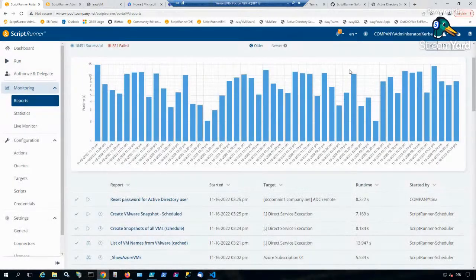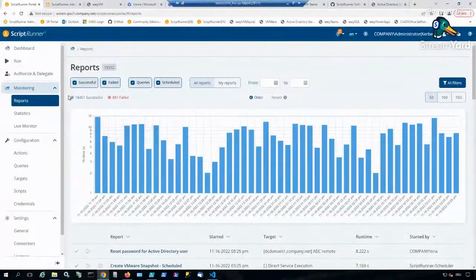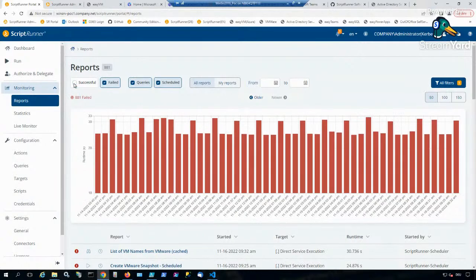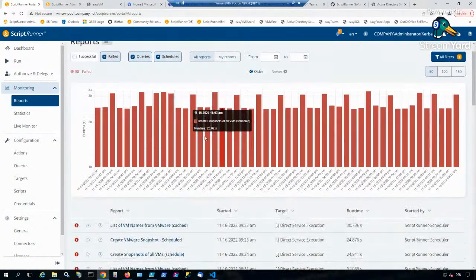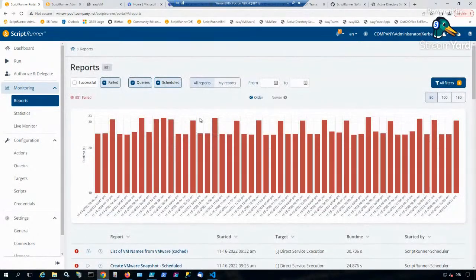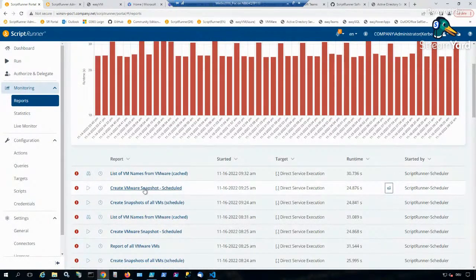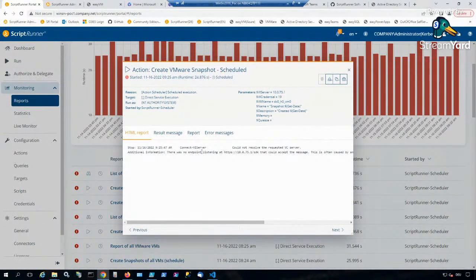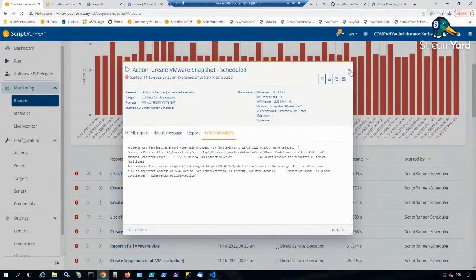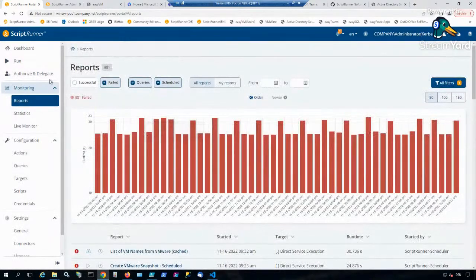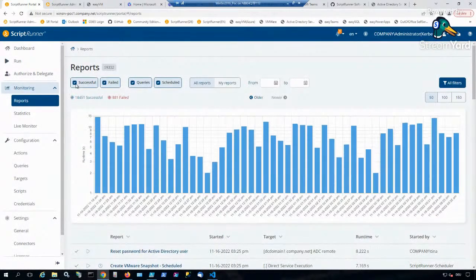And that's, of course, also helpful if we have things where we have to analyze because something didn't work. So we can say, okay, let me show I want to see all the things where something didn't work, and then I can go in here and I will find out that in this case, it's related to VMware. I haven't started my VMware host, so that's why I get a connection error here. But this kind of gives you an idea that you really have all the information in one single place about